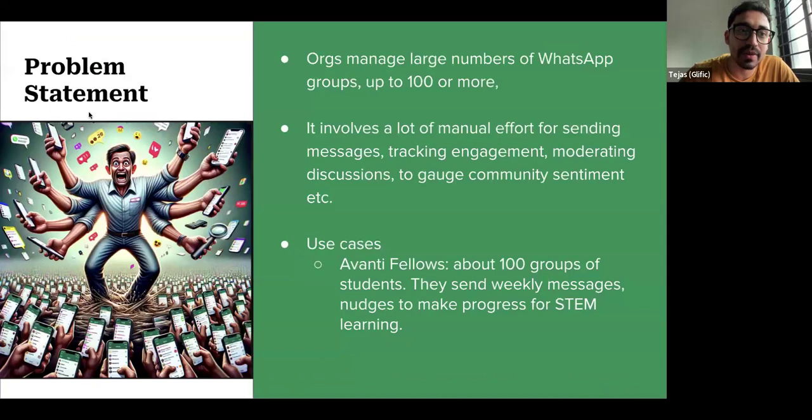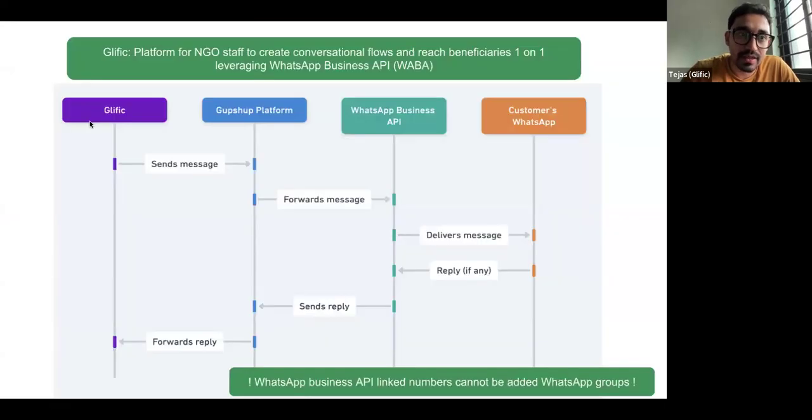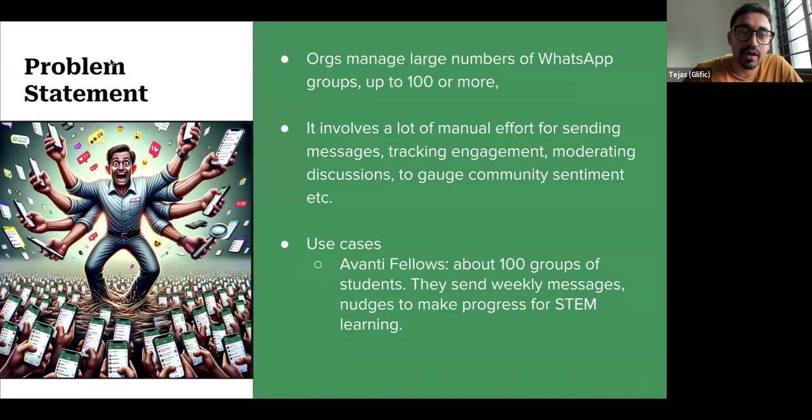So this is the context we were operating in. Basically, the idea is a WhatsApp Business API phone number cannot be part of the groups. What we have seen NGOs share as a problem statement is that, apart from having a one-on-one chat with the end beneficiary, there is a need for organizations to have end beneficiaries be part of WhatsApp groups, which creates a social way for them to see what other people are also doing and get socially influenced like that.